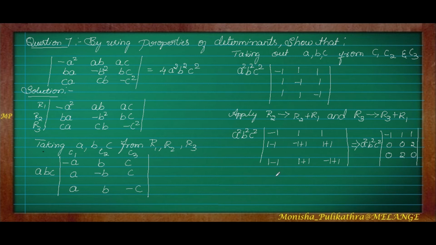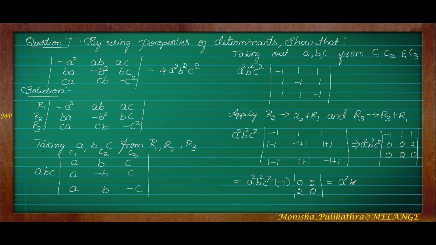Fine. So next I will find out the determinant of it. You know how to find the determinant. If we are taking the first row or first column, and I take minus 1, then this row and this column will be rejected. Only this operation we have to do, that is, multiplication of the diagonal elements with subtraction, right? That is the way of finding the determinant. So I will be doing the determinant part, that is a square, b square, c square. Since I am taking minus 1, I should take it outside, and the adjacent row and adjacent column will be deleted. Remaining will be 0, 2 and 2, 0. This is the way of finding the determinant, right?